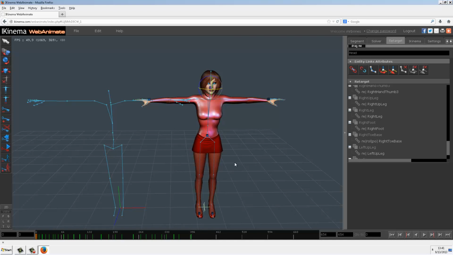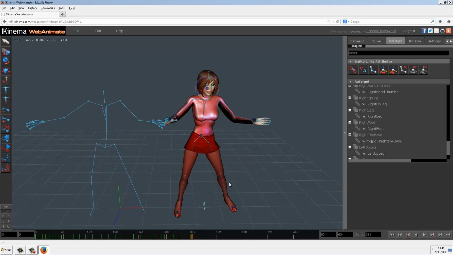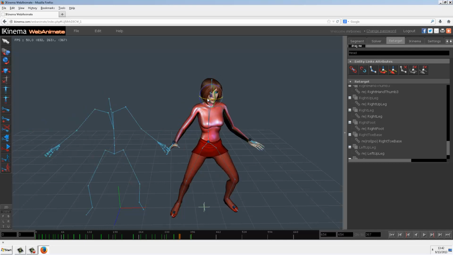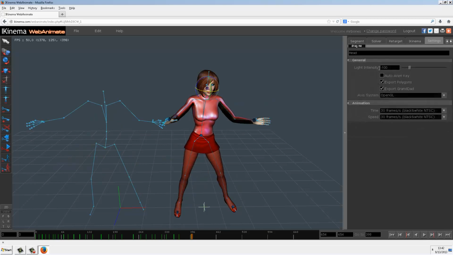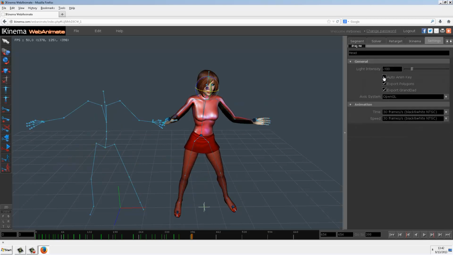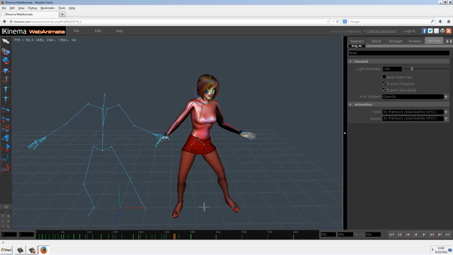Actually a lot better. So now I'm going to use the question mark to move through those keyframes, and as you see, I can just move through the keyframes like that. So now what we do, we are going to move it, go backwards, move it, backwards, move it, backwards. What you want to do is over here under the settings tab, hit auto anim key. Here we go, we're going to make our adjustment, move, adjustment, move, adjustment,